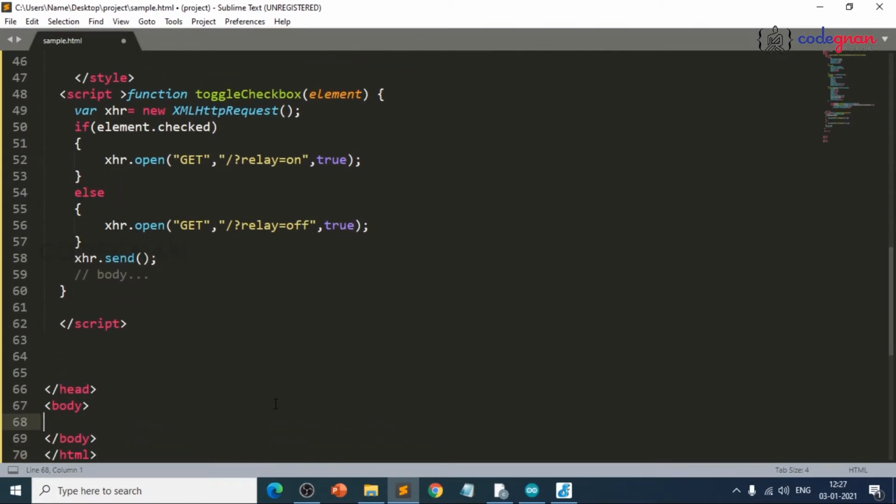Now we'll concentrate on the body part, which is how to display here. Just like we do makeup for our faces, for makeup we need a lot of creams and all the things, right? Same like that, we need to mention the button, what the color should be, and what function should happen. All of this is written on the back side, like the prerequisites of makeup, such as face wash.